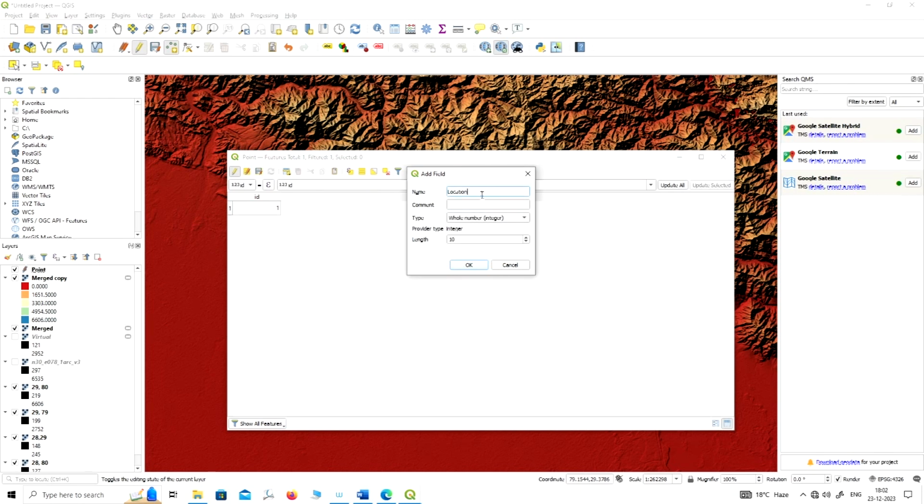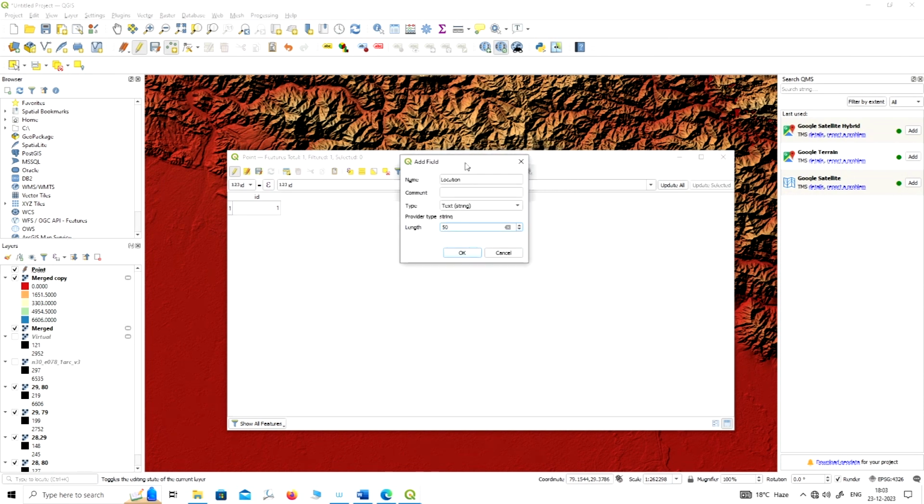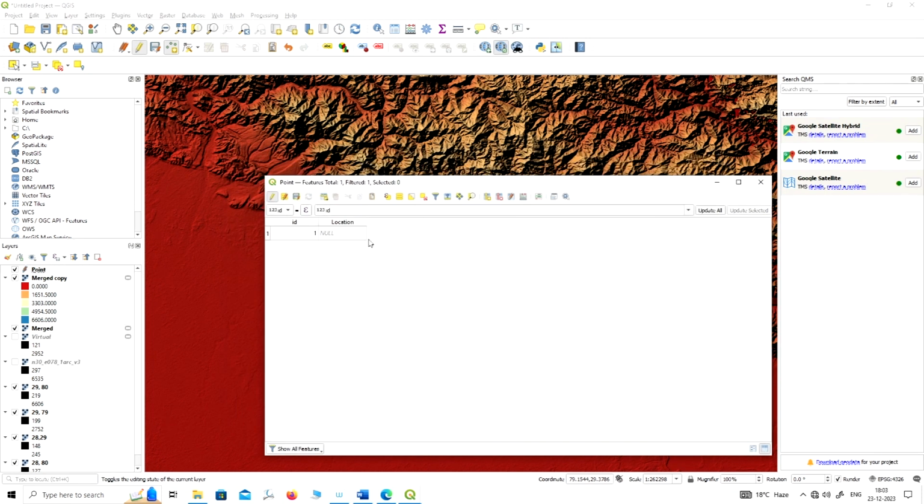So for this case I will choose the text, because I want to assign the location name. And you can also give the length of your text. So you can keep it whatever length you want to assign on your name, so you can accordingly choose the length of the text. Now click on OK, and here you can see a new field has been added